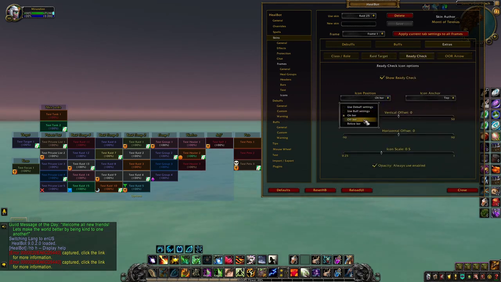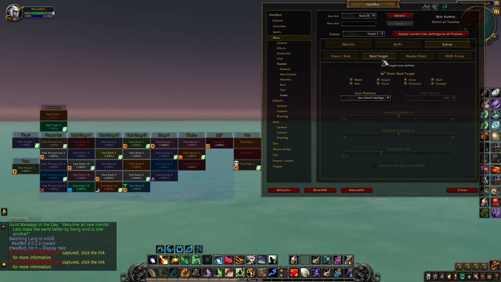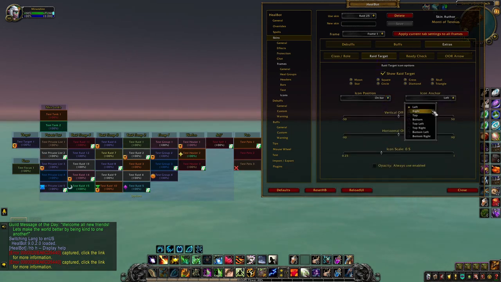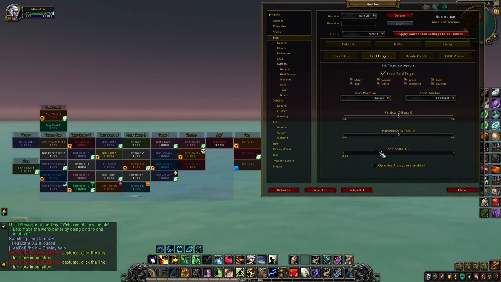On bar, off bar, below bar. Or if you like the settings for the debuff or the buff, you can go ahead and change that to reflect that on here. We're going to do ready check on bar on top and raid target on bar. This is just an example. Top right, scale this down